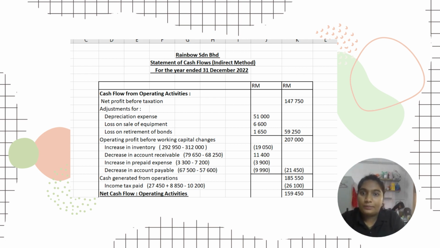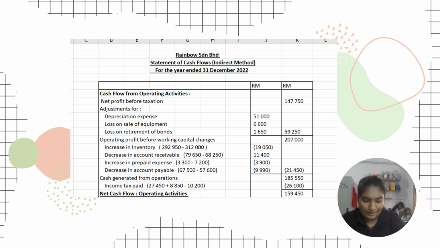So the operating profit before working capital changes will be minus with the working capital changes, and the value will be 185,550, which is cash generated from operation. And finally, we'll come to the income tax paid. For the income tax paid, we'll get the information from the statement of profit or loss from the income tax expense, which is